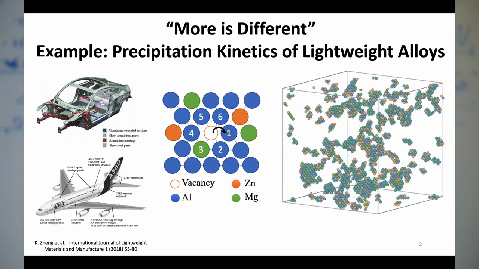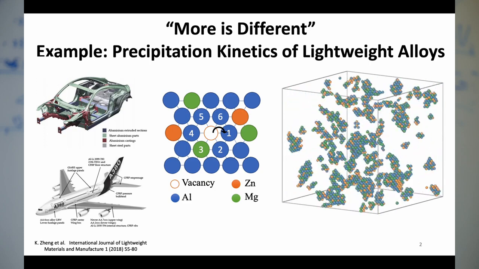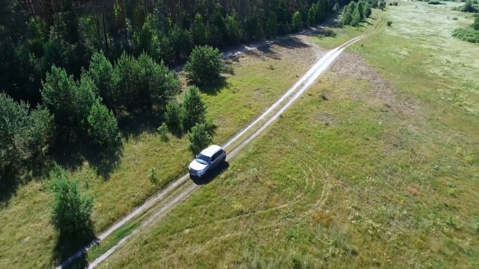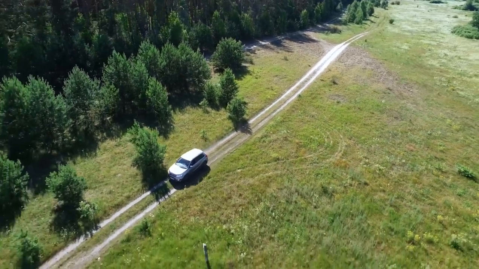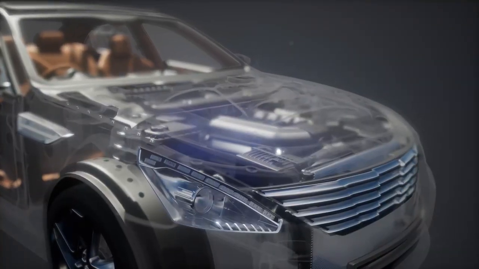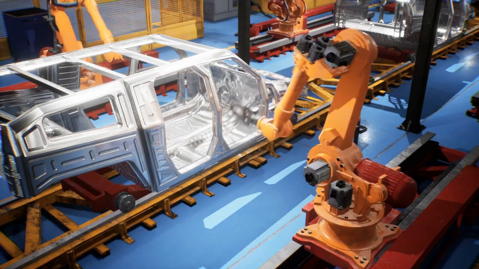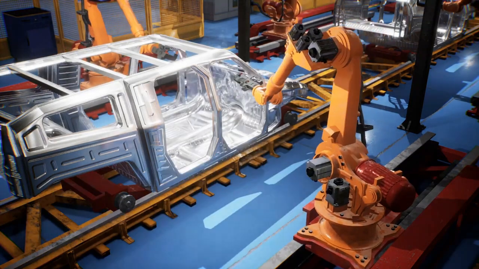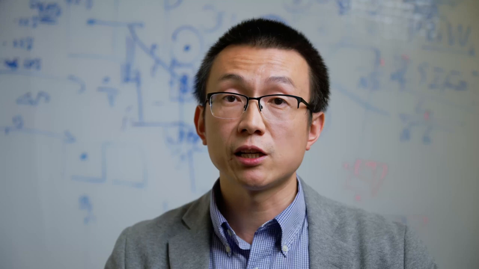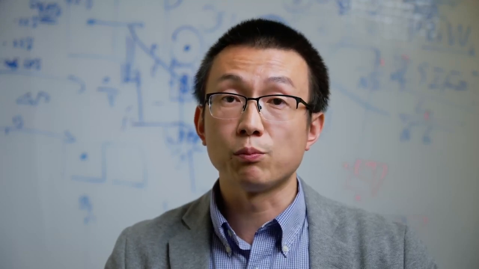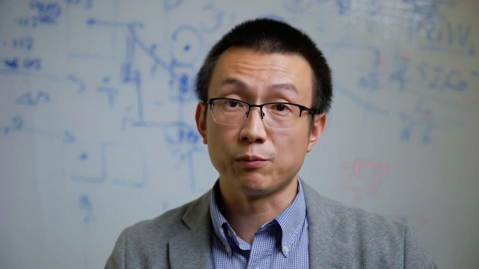For example, right now people try to apply high-strength aluminum alloy or magnesium alloy in fuel-efficient cars or electric cars. But their limitation is that they have low formability and ductility, largely because we don't understand much about the collective behavior of those defects, like added diffusion for precipitation or dislocation grain boundary interaction for plastic deformation.